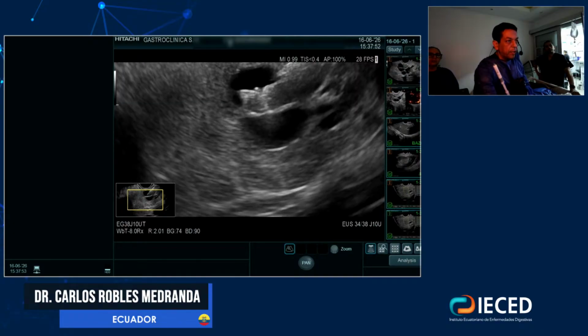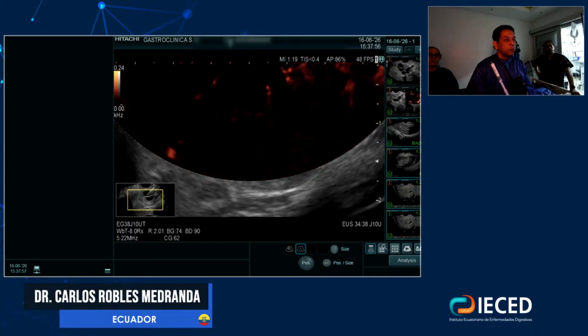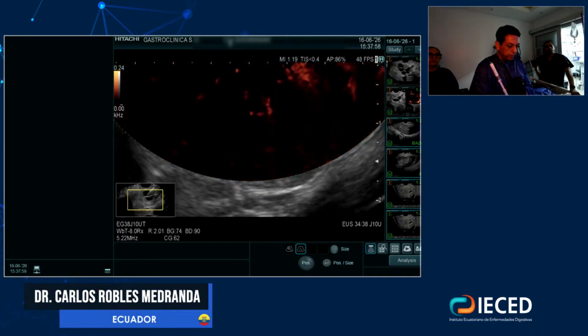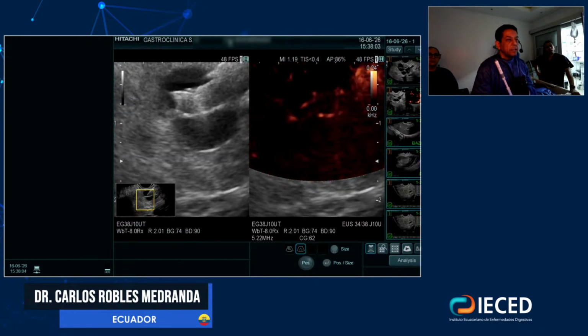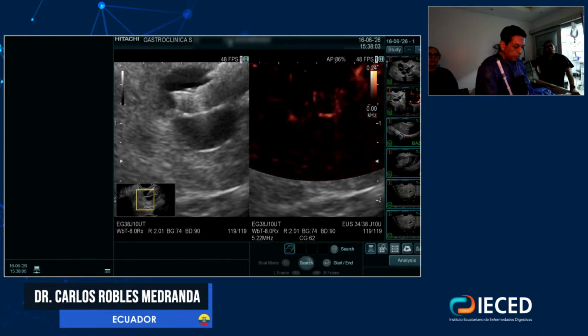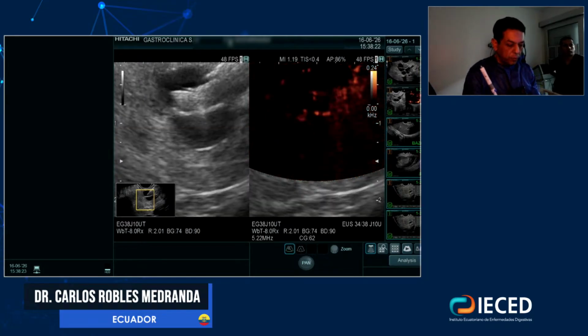And now I want to see the DFI, to try to avoid a lot of vessels. So what I can see now is this. This area has less vascularization and you have tissue in this area. This is my Murray forceps. If I take from this area, for example, you can have more bleeding. So probably we can use this technology also for